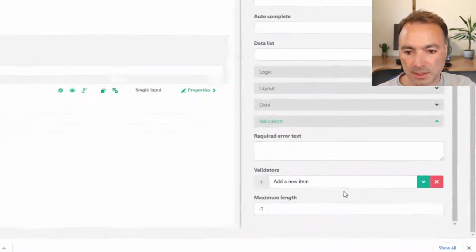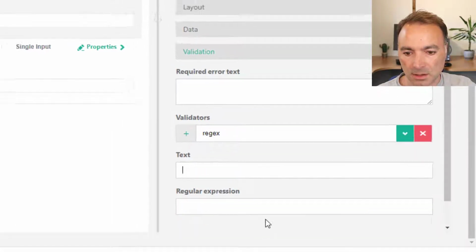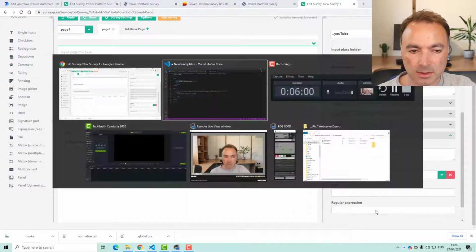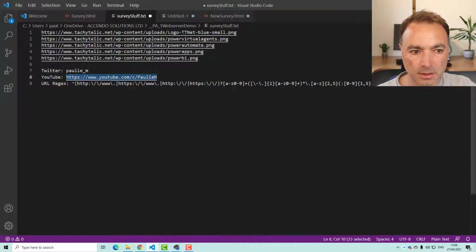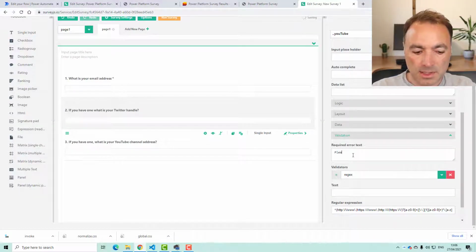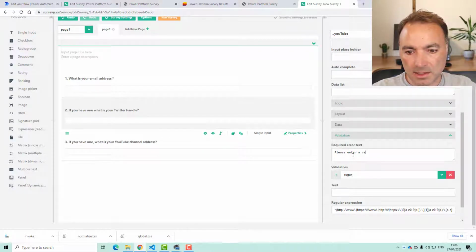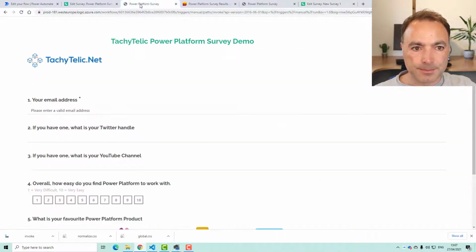Go to validation, and we'll add a new validation. We'll say regex. And the regular expression I've got around here somewhere. It's here. This is the regex for a URL. And then we'll say, please enter a valid URL. But we'll make it also not required.